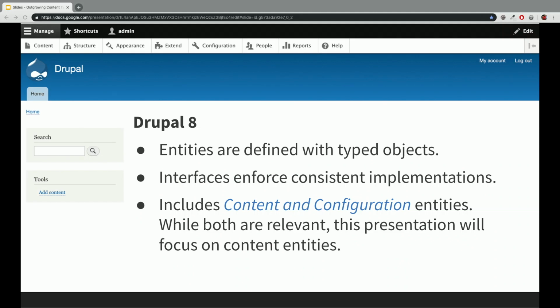Now in Drupal 8, entities are specifically typed. So we have a number of interfaces to help us. Entity owner interface, revision log interface, entity published interface, among others. These are common interfaces that allow consistent implementation of all the features that we may want to include on our content. Now, not all content needs to be revisionable or translatable,